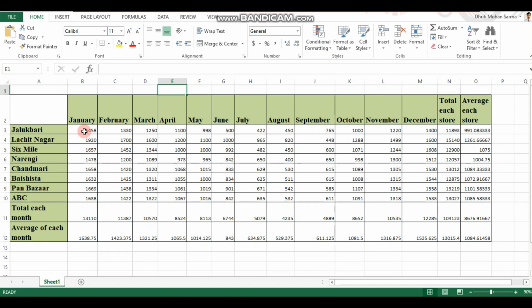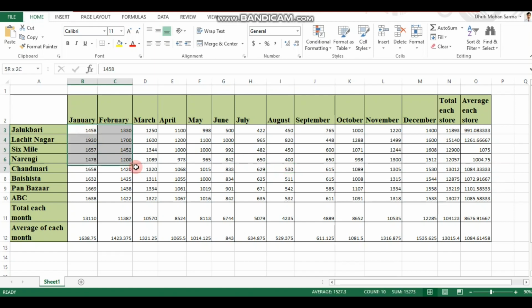B3 gives us the sale at the Jalukbari store during the month of January. Similarly, C3 gives us the sale at the Jalukbari store in the month of February. Taking a random cell, let's say I7, I7 basically says the sale at the Chanmari store for the month of August.